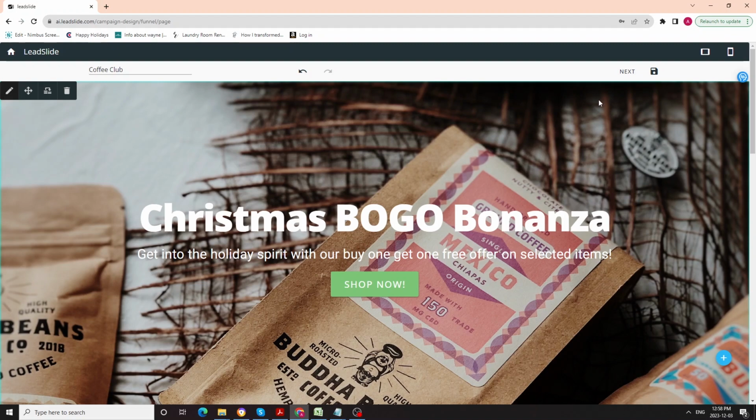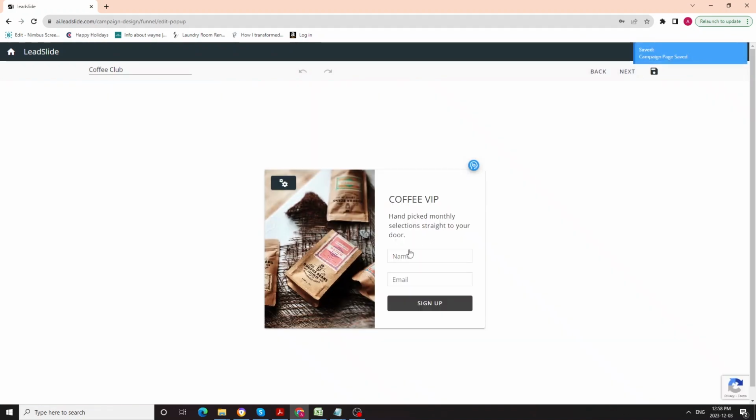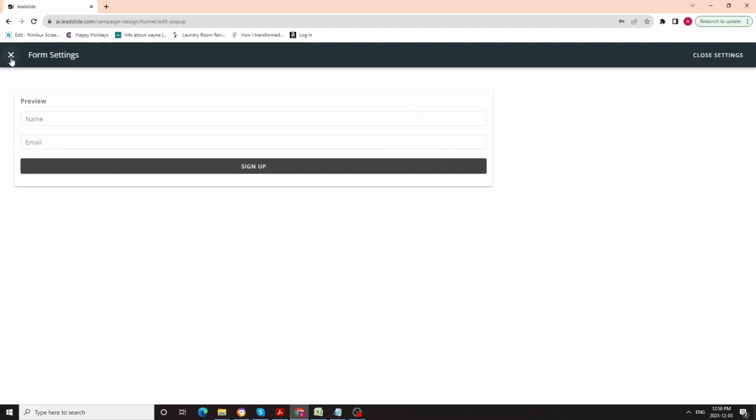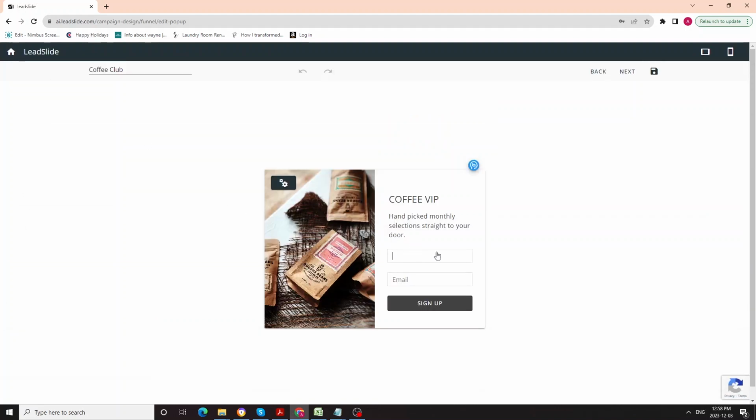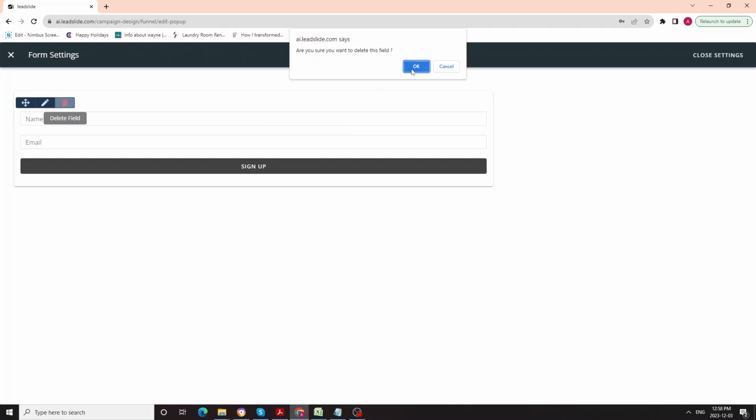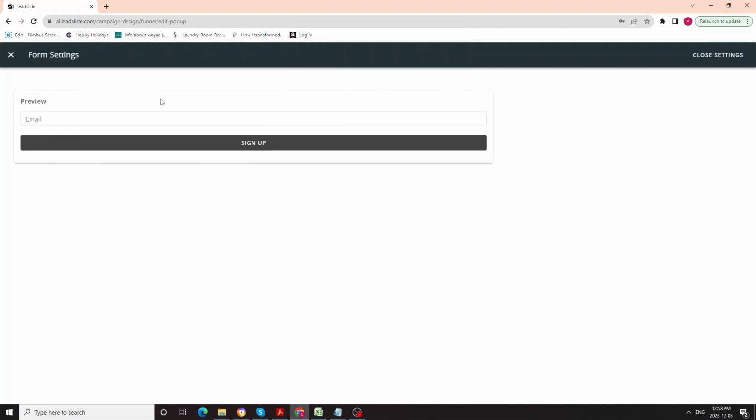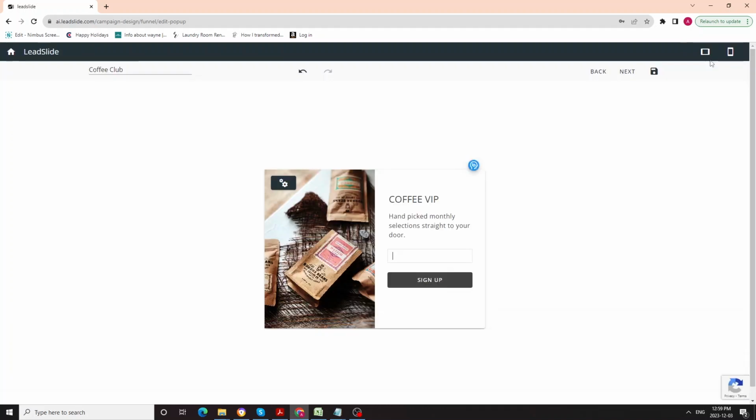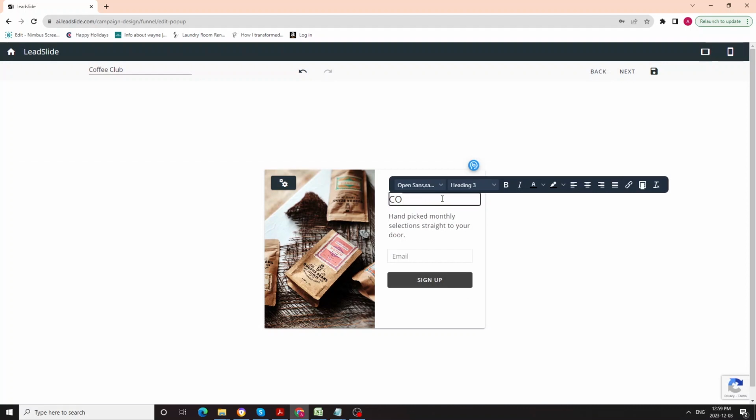We'll go on to the next step, which is the pop-up. So when you click the sign up button, you're going to go to a pop-up that people can put their name or email in. There are different options here. Maybe we'll remove the name. Maybe we just want the email, so I'll do that now. That's that option. Okay, so we'll go back here to the form settings, and now we just have this, and we'll just call it